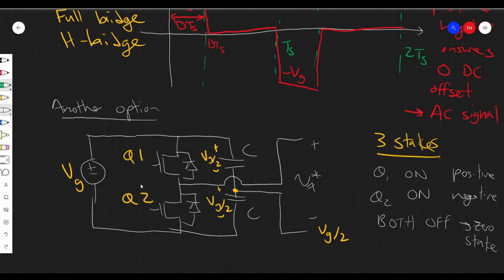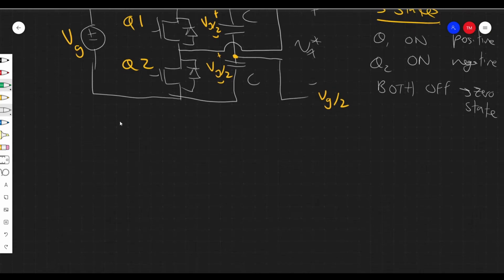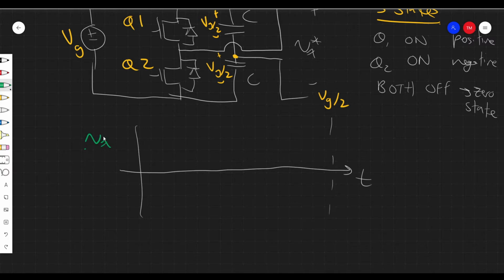So again, what does the waveform look like? When we do this, what kind of waveform do we get? So we're going to draw Vx of t. Again, we want it to be symmetric around the x-axis. We're going to consider 2 switching cycles to complete. So I'll call this Vx star of t. So that means we have our 1 switching cycle here. Again, we consider DTS because we still want to pulse width modulate these converters, so we're using the duty ratio to control that. Here we're going to have Q1 on, so